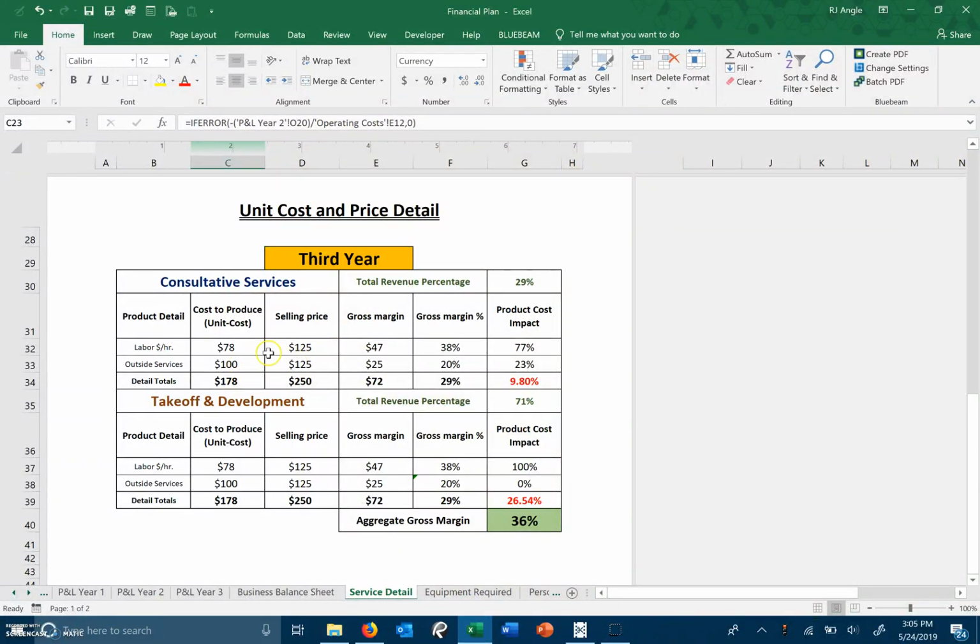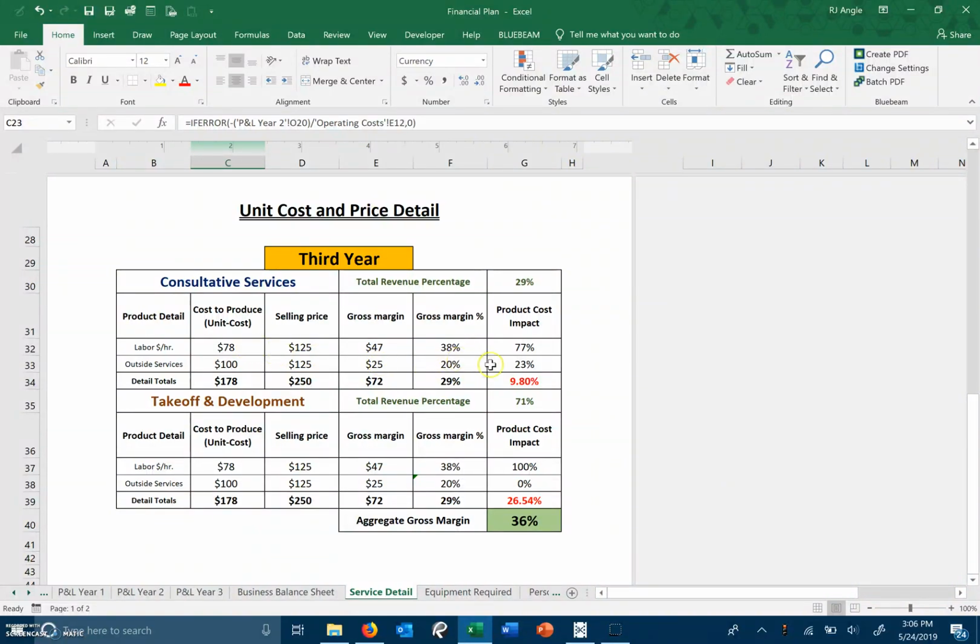My selling price is still $125, and that equates out to a 38% gross profit margin on that unit cost, or unit sale price, I guess I should say. And I'm producing 77% of that service in-house, which is very good. I'm only outsourcing 23%. So this is the higher of the two profit margins I have on that. So still, everything I can do in-house only makes me more money than that which I have to outsource,